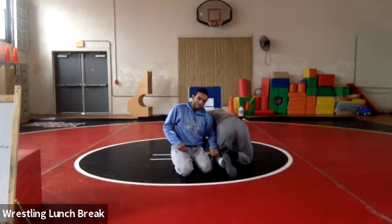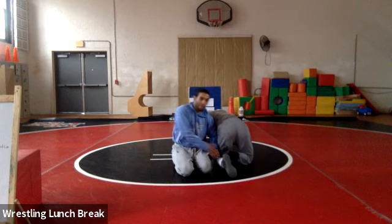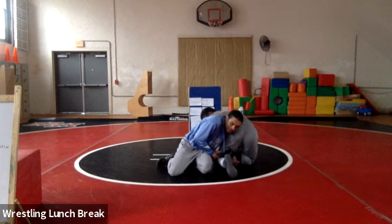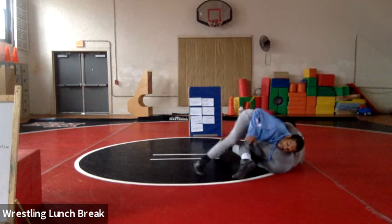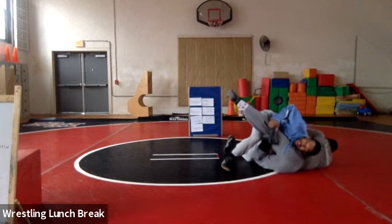All right? And so this is a little ode to my very first and favorite club wrestling coach, Coach Dale Bonzel from Team Renegade, all right? Our little shoe in the bag finish. So I'm putting his laces right behind his knee, all right? And as I create this low leg position, the outside hip down, I can keep this low leg, I can keep his outside foot behind his knee and start to put him